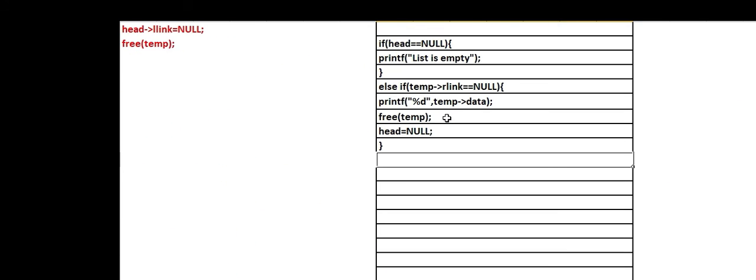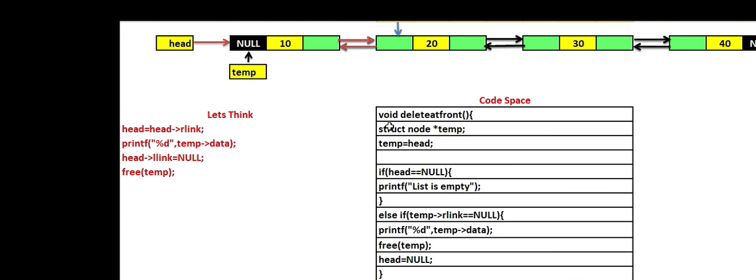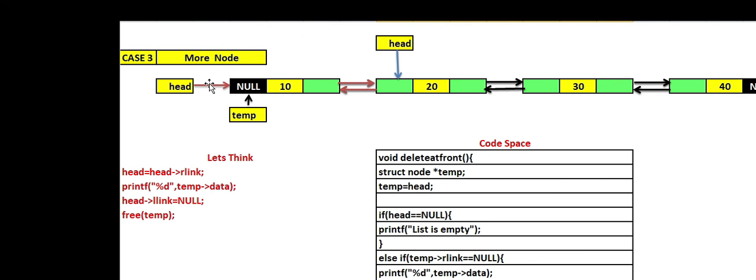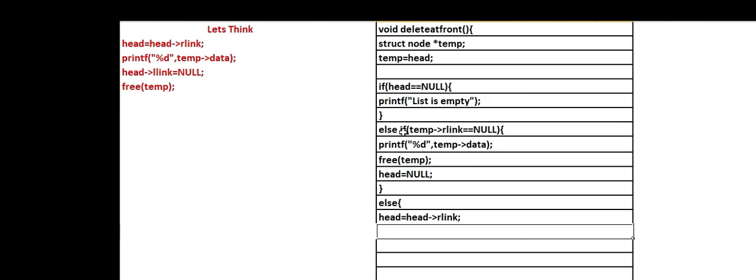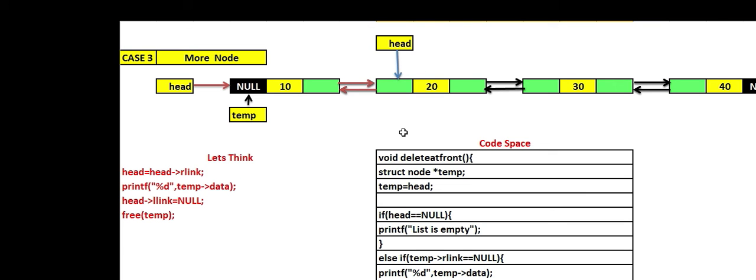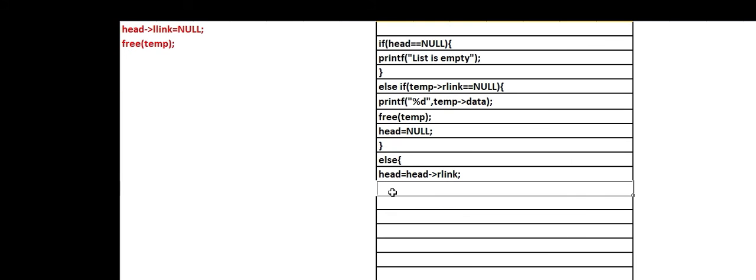So else what will happen? We come to the third case. Else we need to do what? We need to move the head from the first node to the second node. So we are going to write head equals head's right link. Okay, and then we need to print the data, that is 10. So what is the data to be deleted? %d comma temp's data,